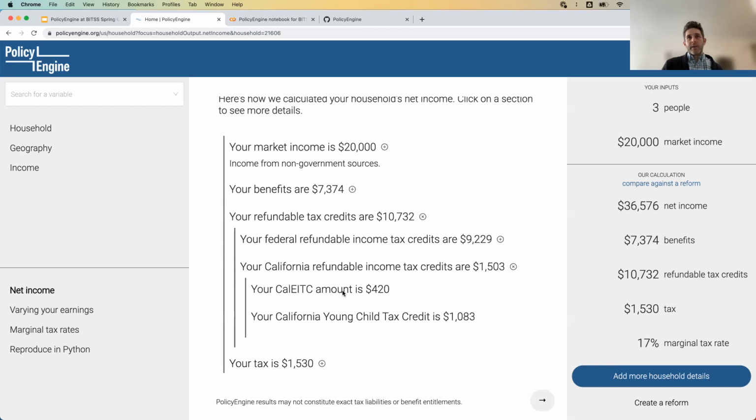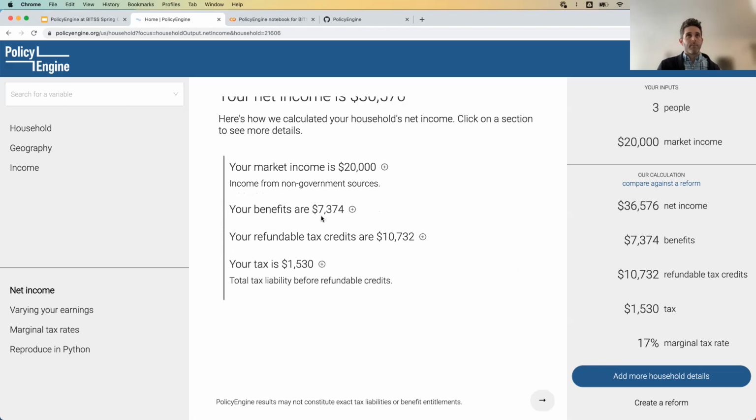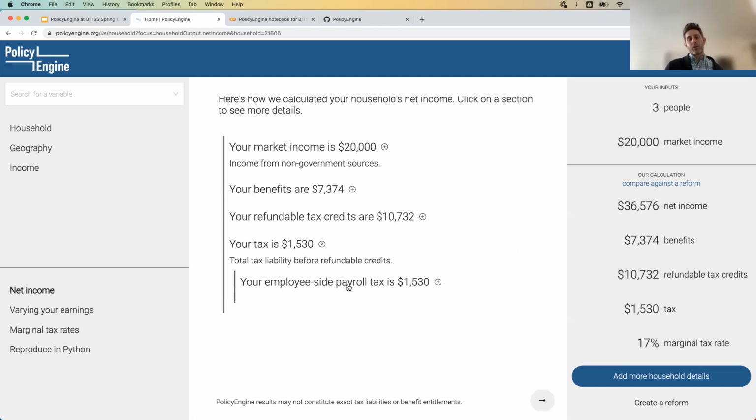And also California, they get a certain amount from California's CITC, $420 there, and about $1,100 from the Young Child Tax Credit. Okay, and finally, they would pay payroll tax. They would not have enough income to pay normal federal income tax or state income tax, but they would if they earned more.